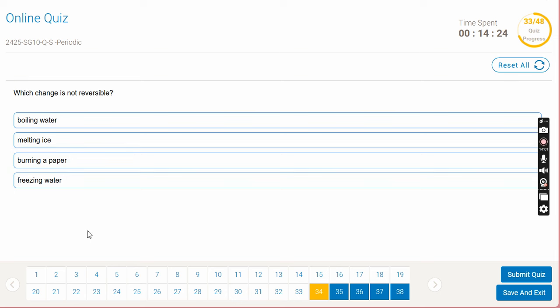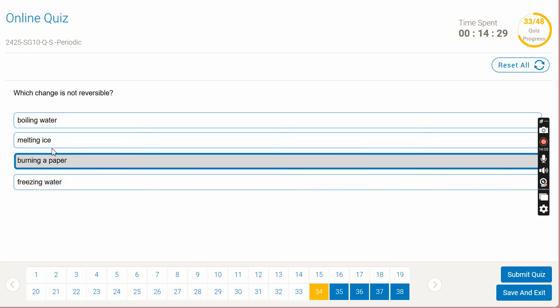The next one, which change is not reversible? So not reversible is burning a paper. Melting ice, the opposite of that is freezing. Boiling water, the other thing is, of course, cooling it down. So the other one,